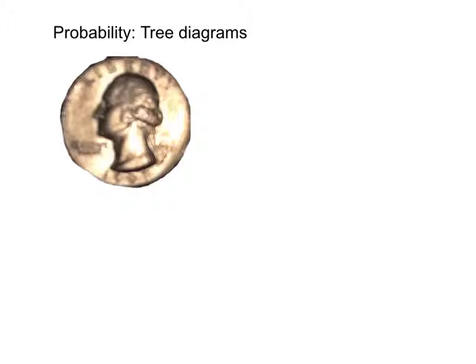Hello and welcome to this video where we're going to talk about probability, and in particular we're going to talk about tree diagrams. So I want you to think for a minute, what is the chance of, when you throw a coin, here we have a quarter, what is the chance of getting heads? Now I think that most of you will agree that that probability is going to be 50% and that the chance of getting tails is going to be